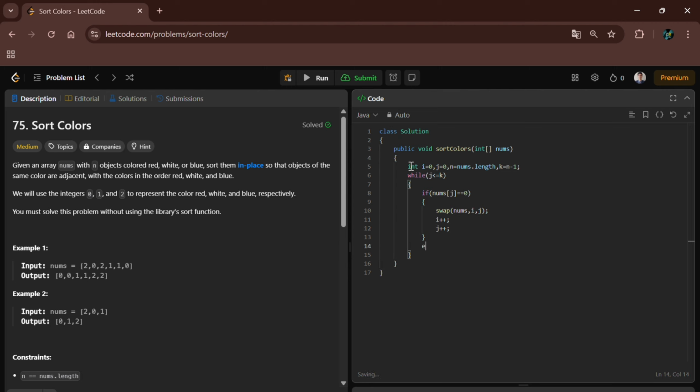Then we will use else if nums of j equal to 1, then simply increment j. And the last one, else, swap nums comma j comma k, and simply decrement k because k is the last pointer. And we will create one swap function, public